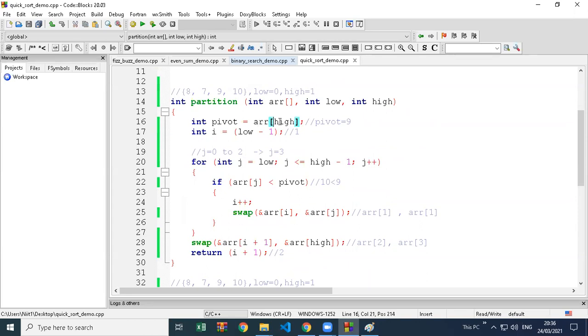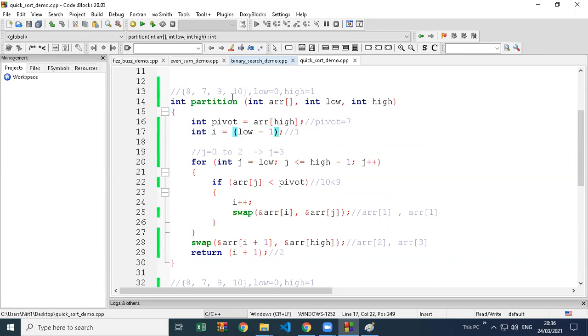So again we'll take ARR of high. ARR of high value is what? 1. So what is ARR of 1? Tell me. 7. 7 is your pivot value now. Earlier this was a pivot value, now this is a pivot value. So actually this is the best technique we are using now, because we are not taking a fixed pivot value, it's changing here. In our theory concept they have shown take the first element as pivot value, which always takes more comparisons. And here we are not taking the last element only, it's changing. Now pivot value is 7.